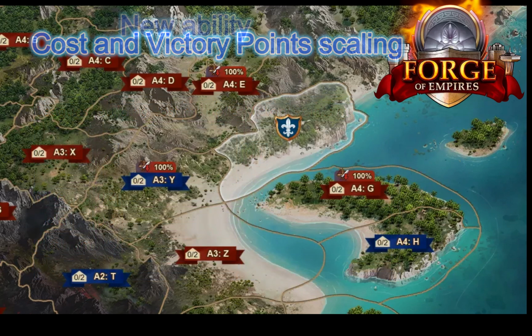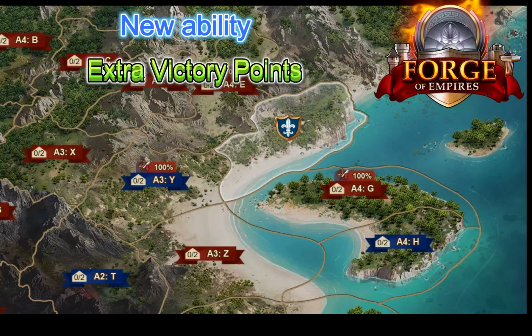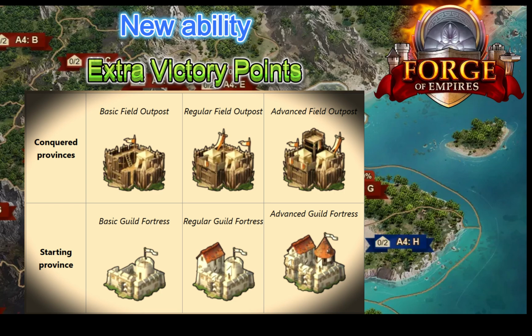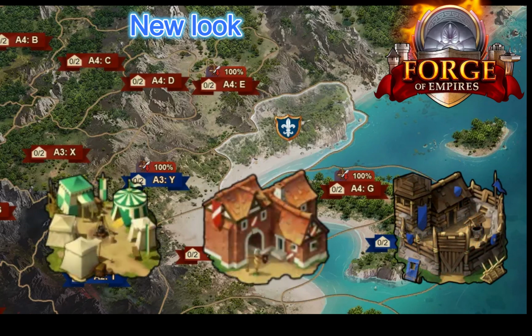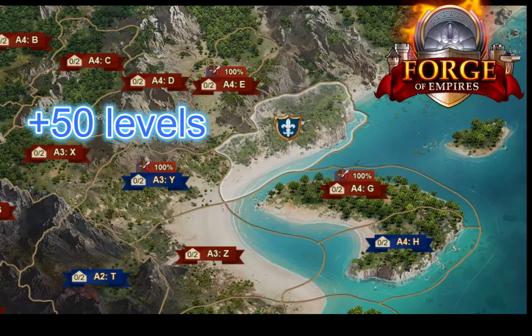New ability. They are expanding the selection of province building abilities with a new addition that will allow certain buildings to generate extra victory points for the guild that owns them. Naturally, this ability requires buildings to be attached to, so they are adding 6 new buildings to support this feature. New look. Finally, all province buildings are getting a visual overhaul, contributing to a cleaner, more modern appearance across Forge of Empires. Last but not least, with this update, 50 new attrition levels will be added, raising the total number